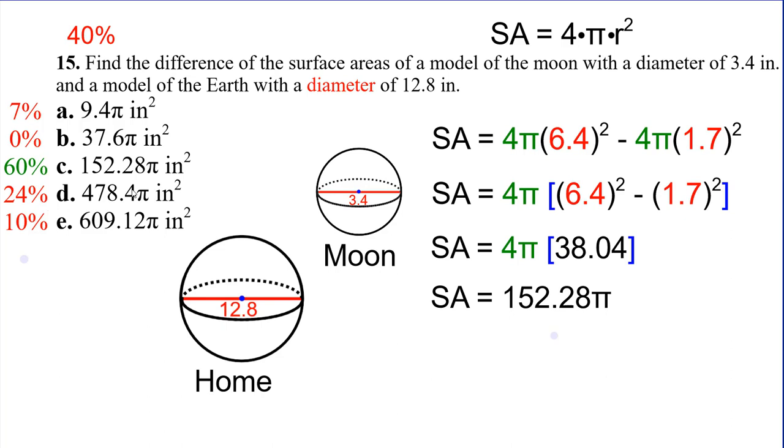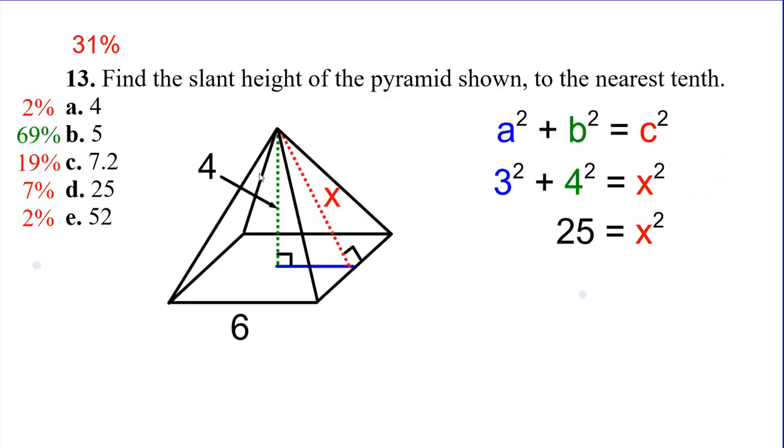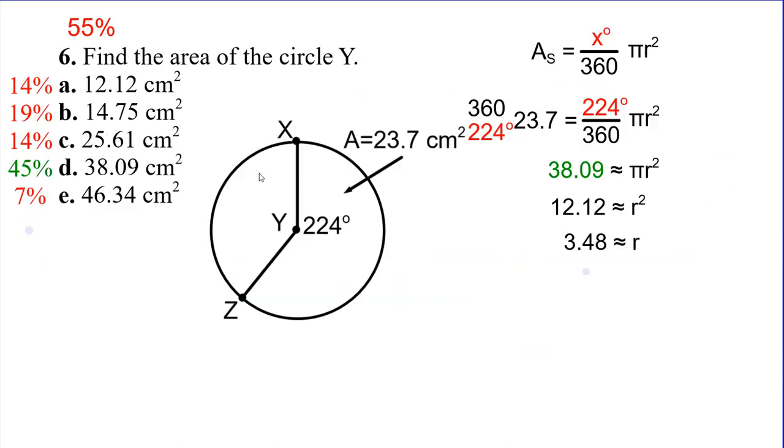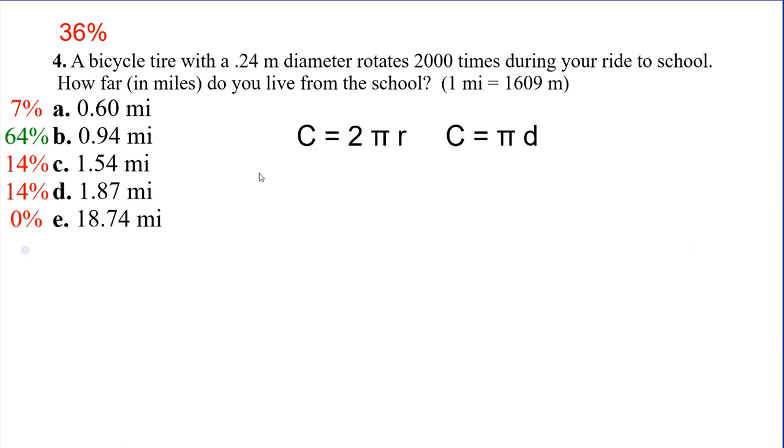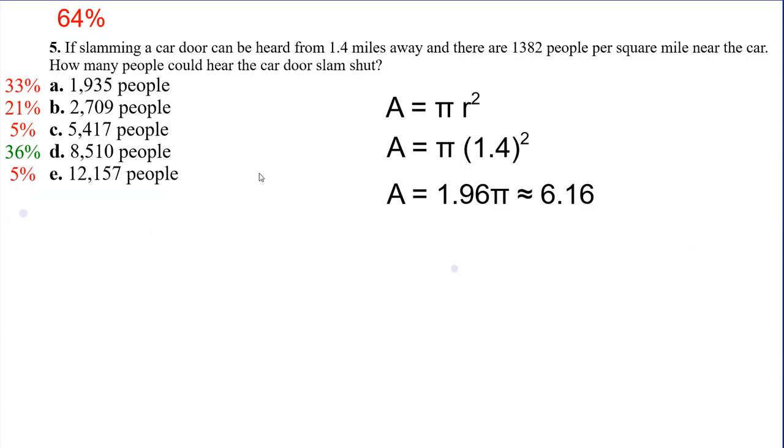So what's kind of annoying about this unit and volume as well is that sometimes we ask for you to leave your answers in terms of pi. Sometimes we ask for it as a decimal, and it really just depends on the context of the problem. Like when we were talking about people, let me go back to one real quick. So like the car door slamming, right? We wouldn't talk about units of pi people,